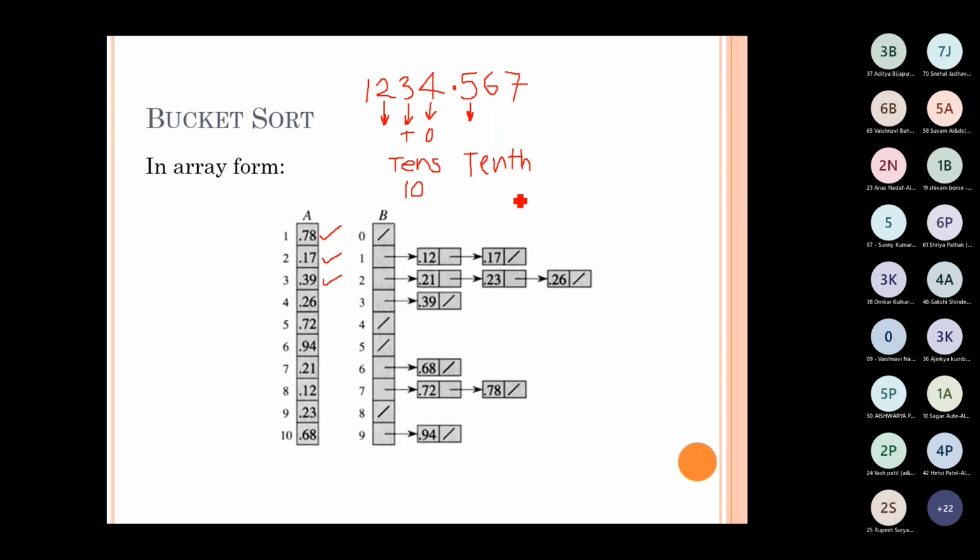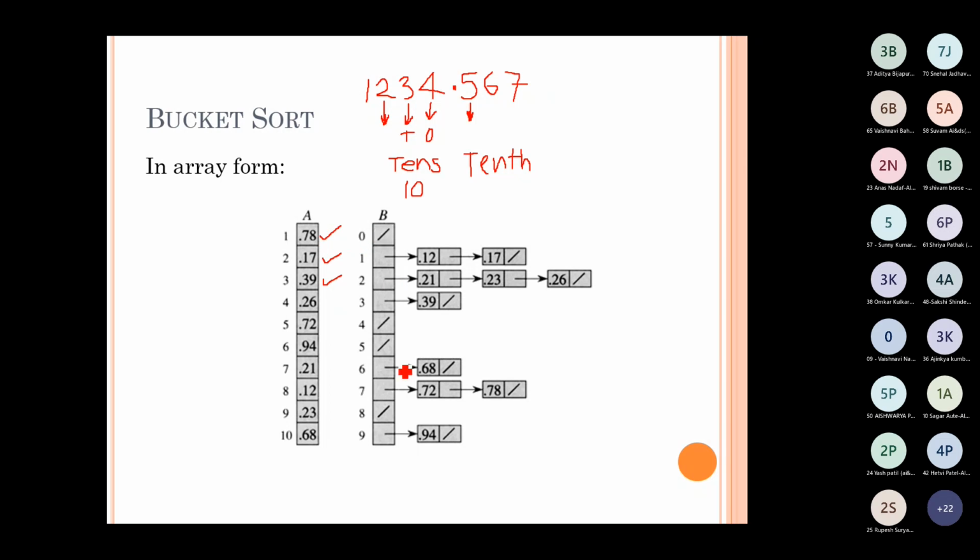Okay, so in this way you all should know all these place values. Now as per the place value, initially we will be considering the place value at the tenths place. That means the first place immediately to the right side of the decimal point. So that we will consider, and accordingly we will put the elements in these buckets.